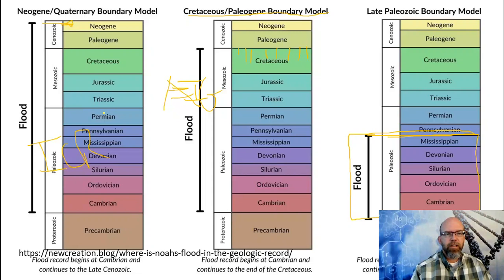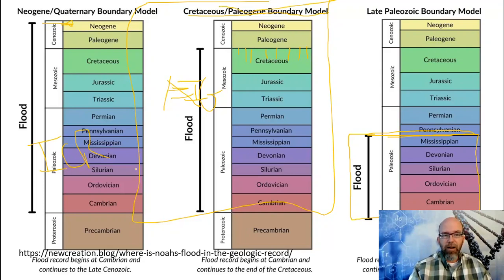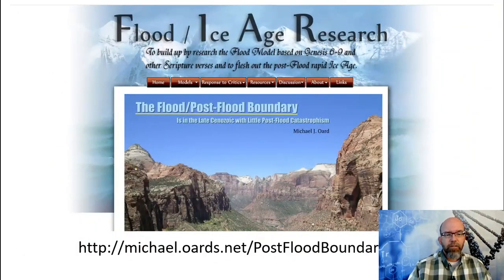All right, so that's your three primary models, and like I said, this is the major one. This is the one that most creationists, I think, would subscribe to, including what I call the new creationist in some of my previous videos. All right, so I just want to show you that there's significant disagreement here,